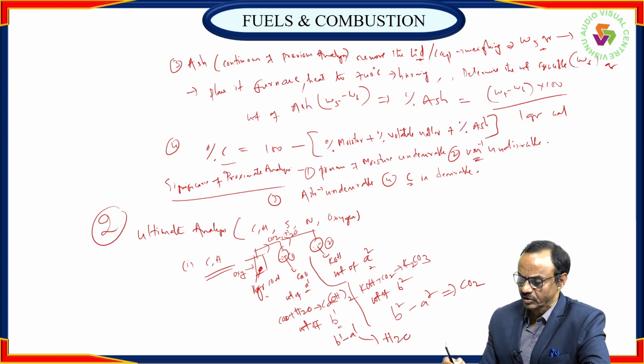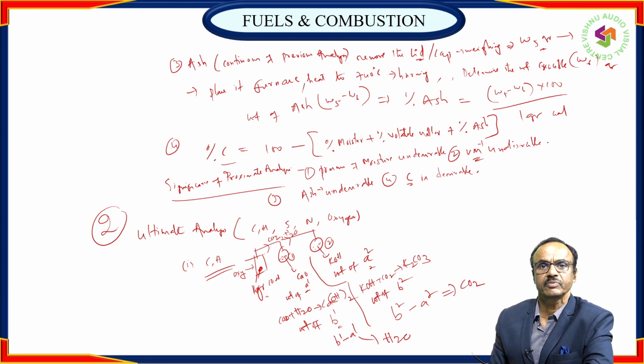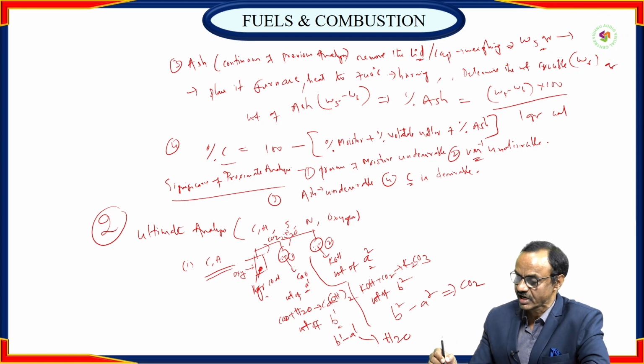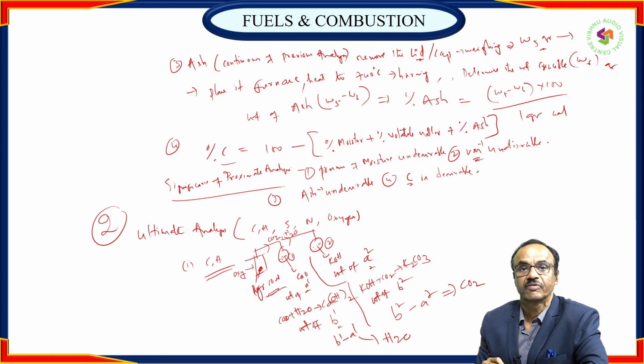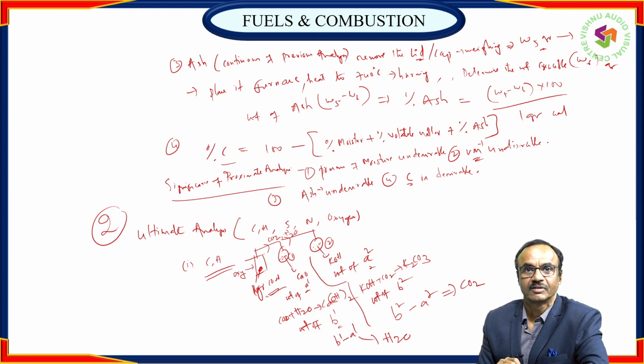So once you know the hydrogens, how many hydrogens are there? Using the stoichiometric relationship, you can determine the hydrogen and carbon present in 1 gram of coal. The initial weight taken for combustion is only 1 gram, right? You only supply oxygen. After complete combustion, you get CO2 and H2O vapors. Pass them into the first bulb, then the second bulb.